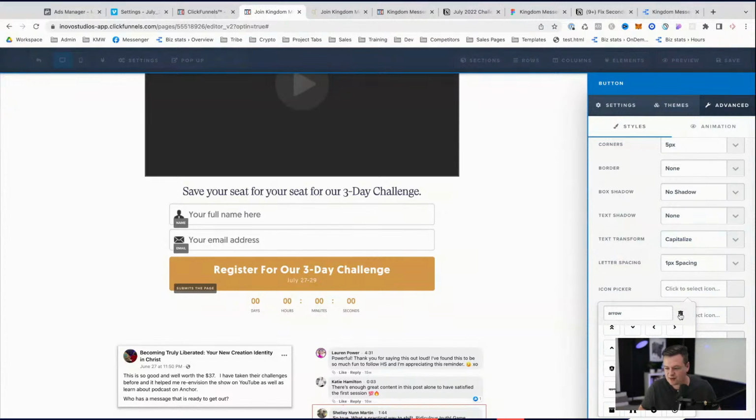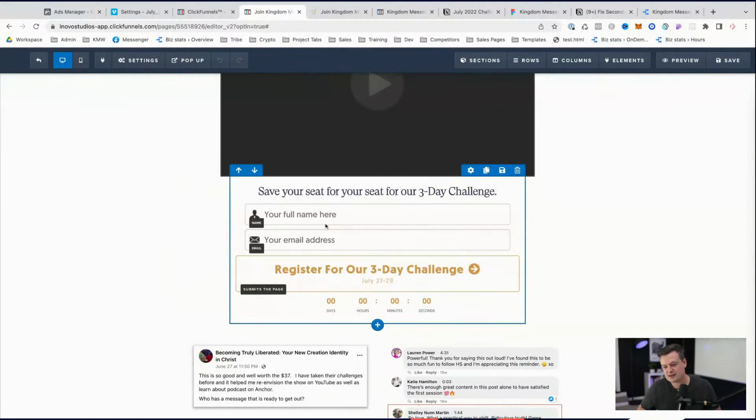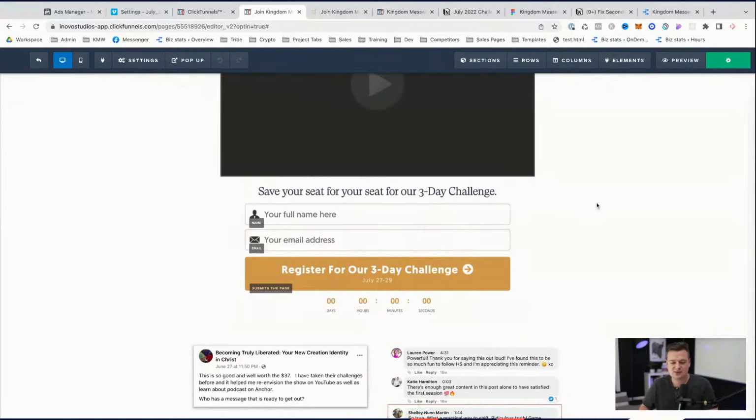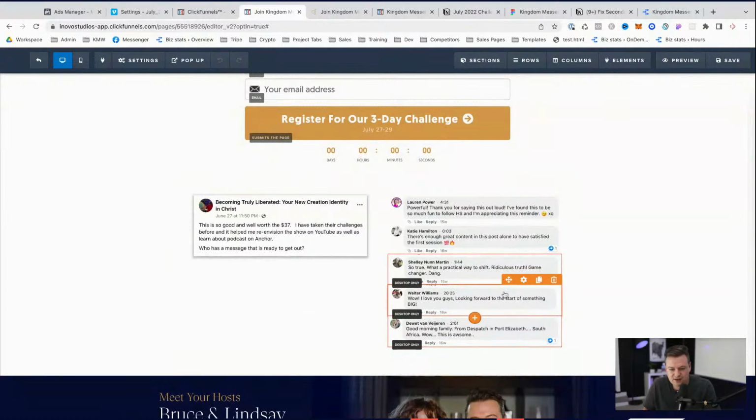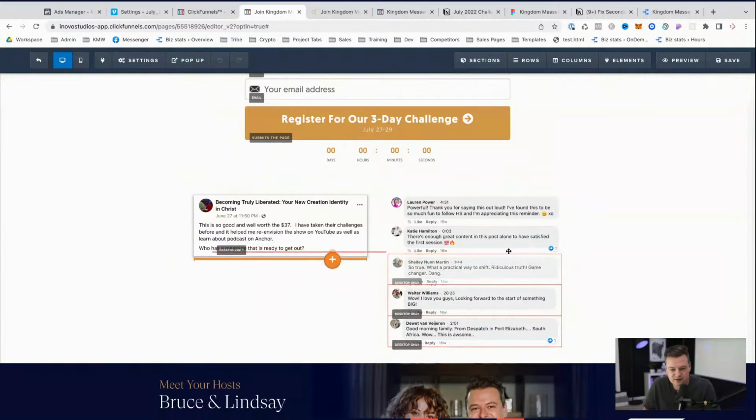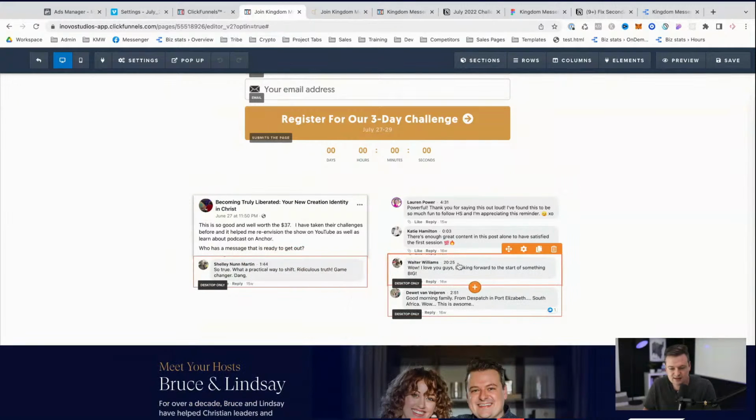And if we do that arrow, we're just going to put it on this other side. So there's an icon picker after arrow. We want it on the other side of it, so we'll do this guy. Because basically you're going to click on it, and it's going to take you, in my mind, to the next page. So that's a nice little trigger. I don't really know why these stacked